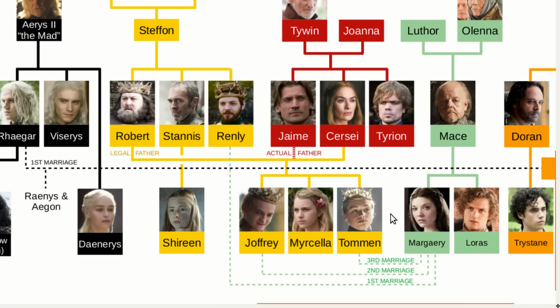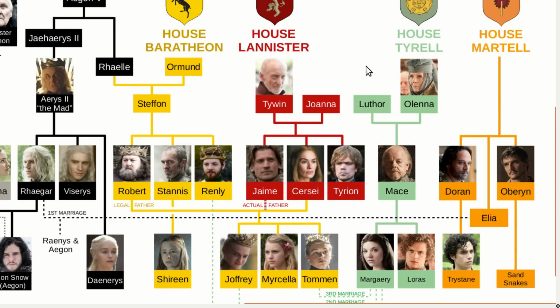A radical religious sect takes over the capital city, and eventually Cersei blows up their temple, killing Margaery and Loras. Tommen then jumps out of a window and commits suicide. So by the end of season 7, almost everyone on this side of the chart is dead. Only Jaime, Cersei, and Tyrion remain. In fact, with Tommen gone, Cersei, as wife of a king and mother to 2 kings, is now crowned as